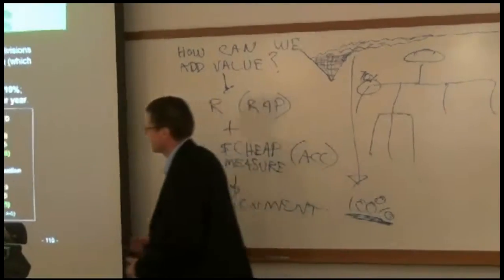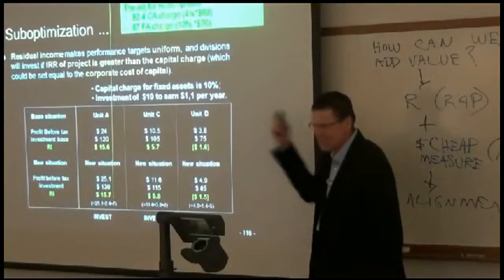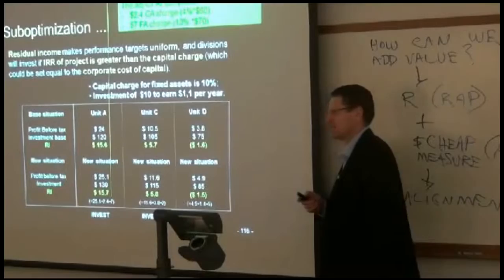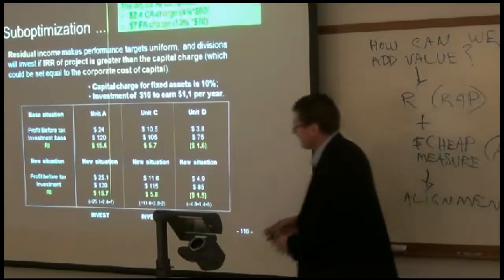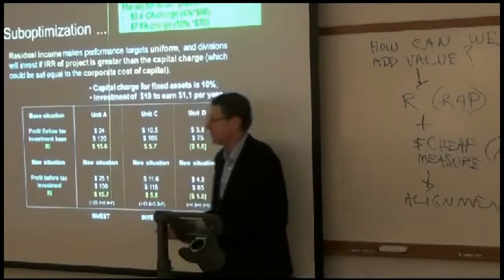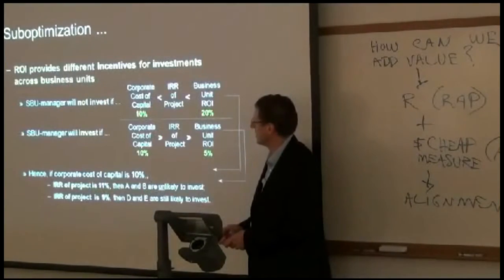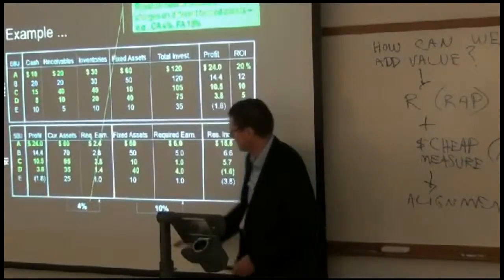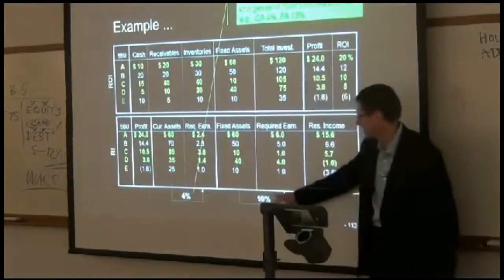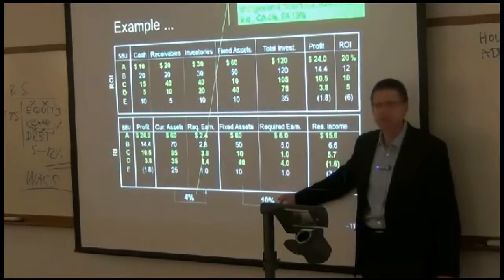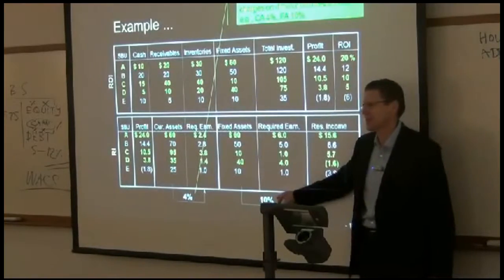Exciting stuff. So that's what we mean by sub-optimisation. And there's some calculations there. Another point, notice how we have a 4% charge on the current assets, a 10% charge on the fixed assets. That makes sense. Because the fixed assets are long